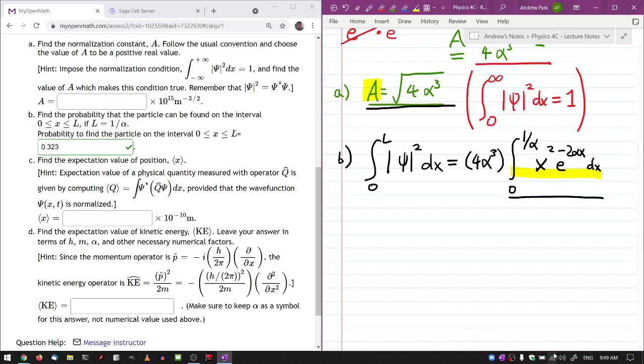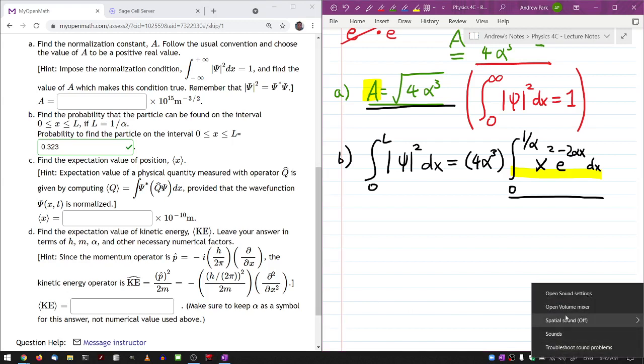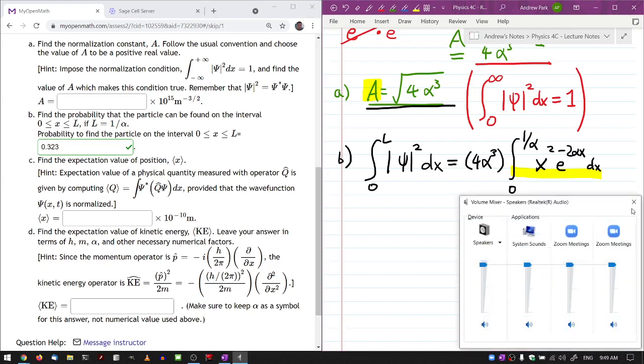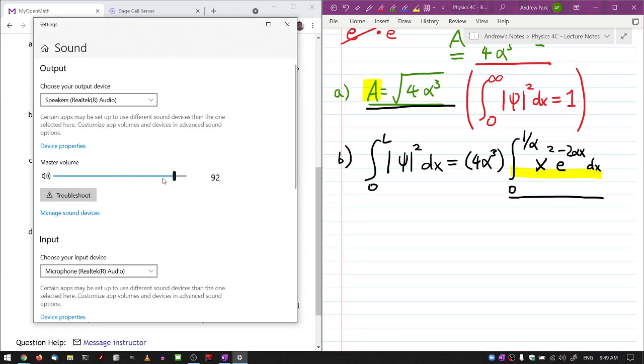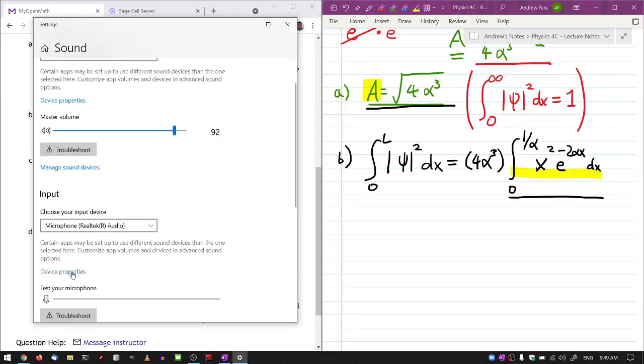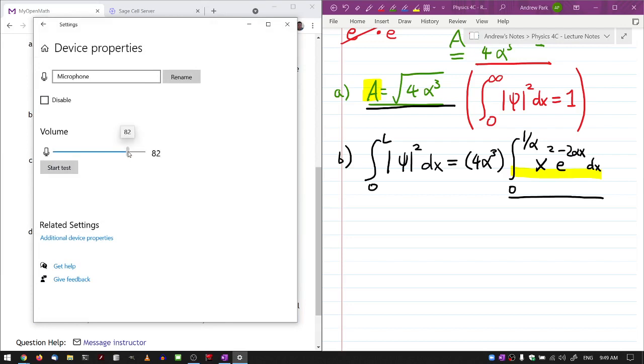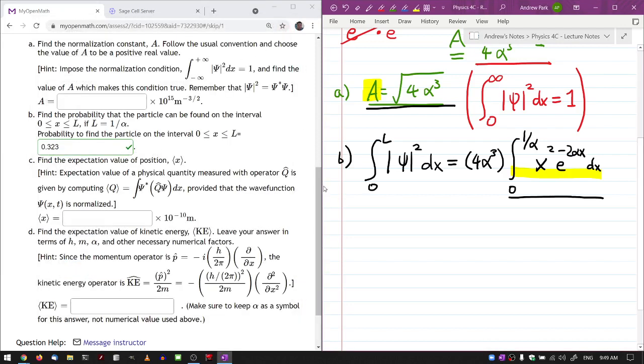By the way, I'm seeing my sound keep peaking, so let me just reduce my microphone volume again. I guess I shouldn't have raised this so much at the beginning. All right, so let's keep going with